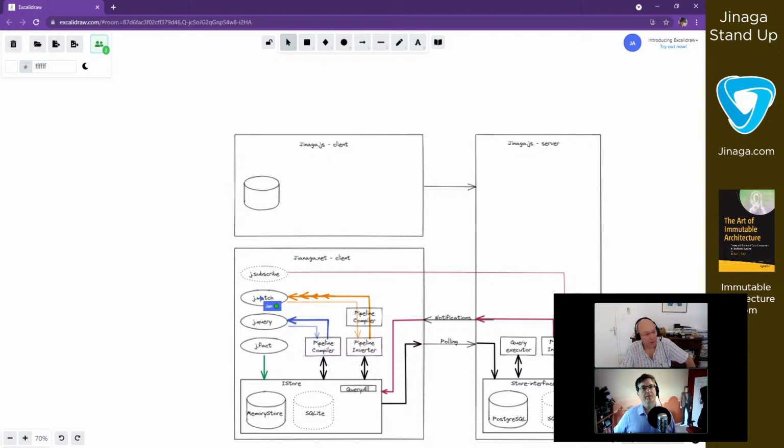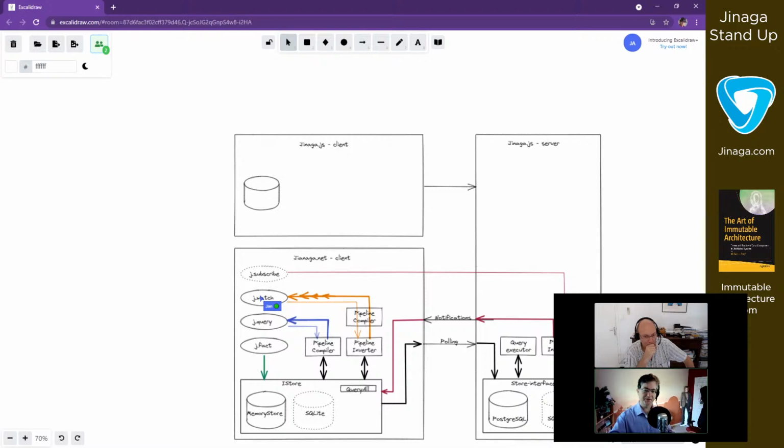It might be important in this diagram to point out that it's not the store that's detecting the new facts and sending them back. It's the Janaga runtime instance. It's sort of a facade that knows here's a store, here are all my subscriptions, here are all the incoming facts.